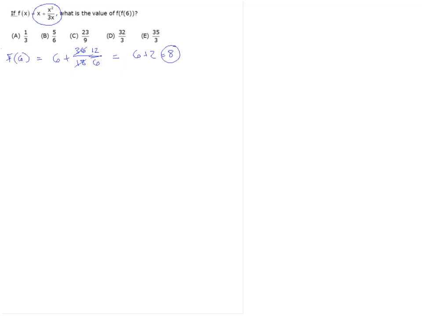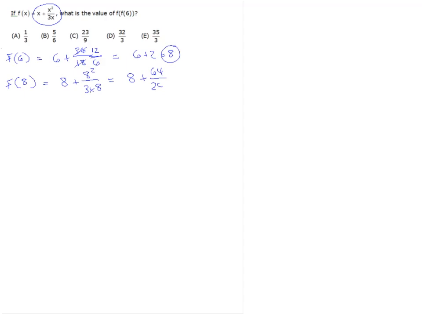So we take that output, and we're going to say f of 8 now, and we're going to do the math there. The difference between this problem and the last one is that in the last one we had 2 function equations. In this one we only have 1 function equation that we're going to reuse twice. So when we say f of 8, we have 8 plus 8 squared over 3 times 8, 8 plus 64